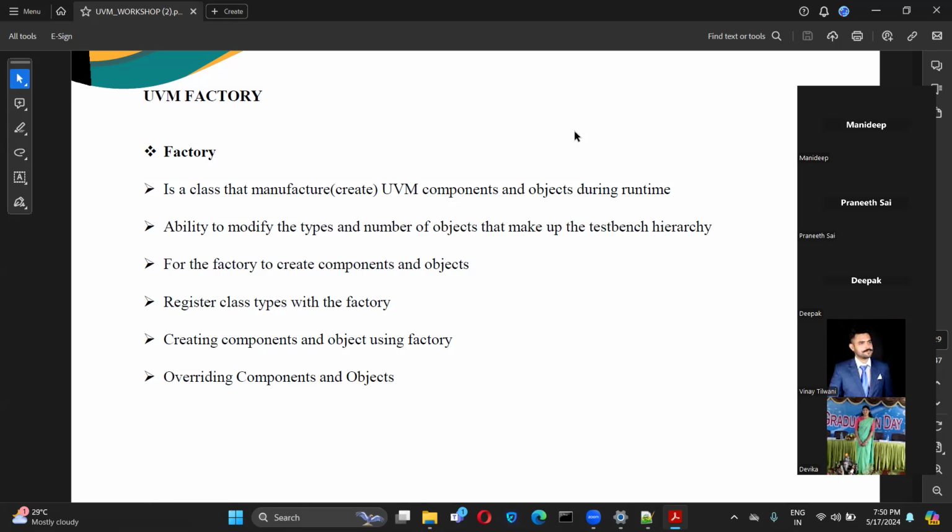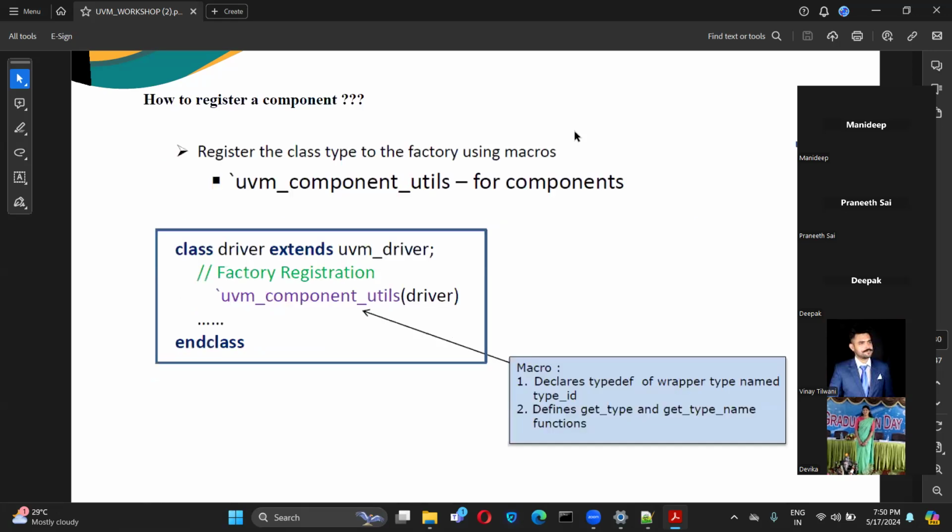Okay. So we will go through, for the UVM component, what is the macro and what are the different arguments in that macro. We need to know how to register a component in the factory and how to register an object in the factory. As Manideep said, we have only sequence and transaction as the objects, right? The rest are all components. A component will have the parent, but an object does not come under the hierarchy, so it will not have the parent as an argument. That's what we'll be having here.